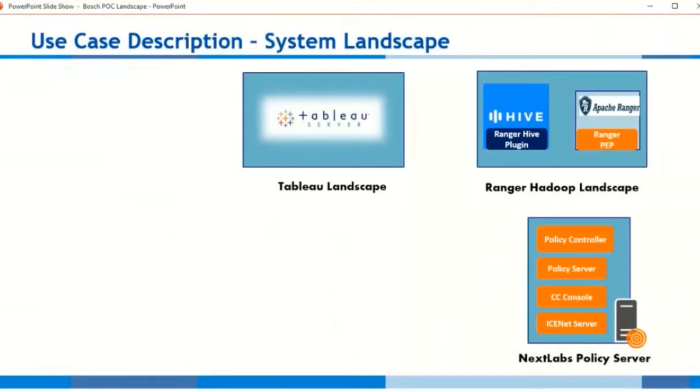First, we'll take a look at the system landscape. We will have three different landscapes involved: the Tableau landscape, the Ranger Hadoop landscape, and the NextLabs policy server. The first thing that we will see is that the NextLabs policy server will talk to the Ranger policy enforcement point plugin from NextLabs that lives on the Ranger Hadoop landscape. That Apache Ranger policy enforcement point will speak to the Ranger Hive plugin,